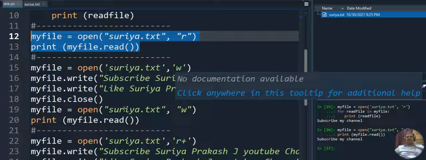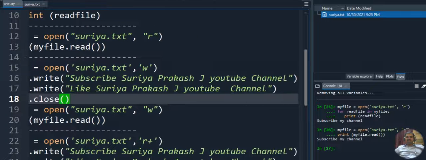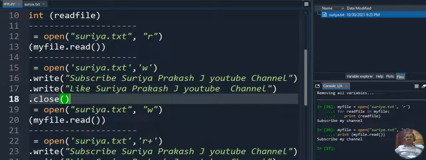Here, what we are writing inside the file: myfile is the file reference variable, and myfile.write is a predefined method. There we are giving "subscribe Surya Prakash J YouTube channel". That is the statement I am writing inside the file. The next content I am writing is myfile.write "like Surya Prakash J YouTube channel".